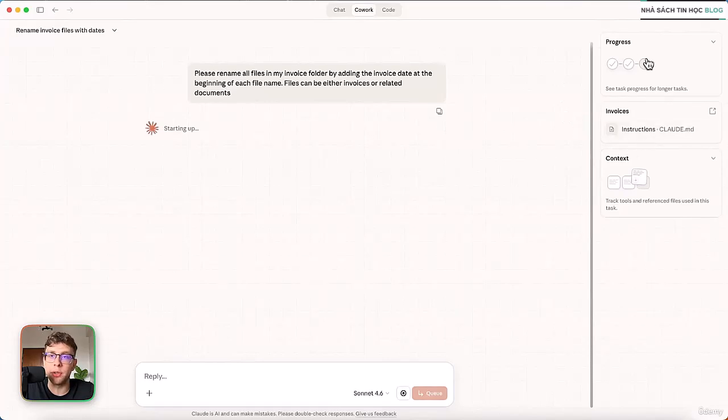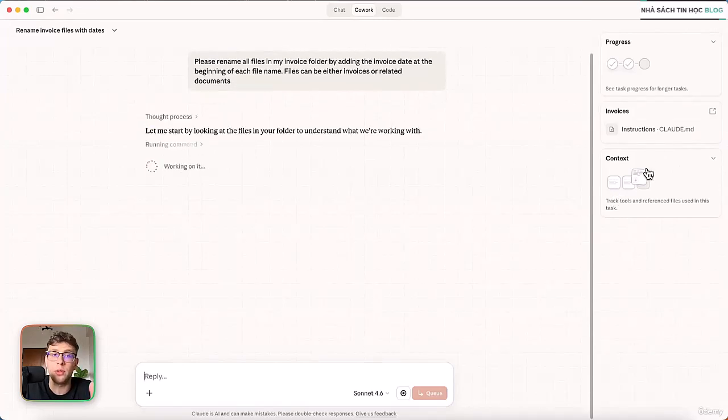And then afterwards, at the right side of the page, we've got three different tabs. The first one is progress. And inside here, Claude is going to format for us the entire plan to perform an action. So we'll have an actual step-by-step process to follow. Then we've got invoices, so the folder we work in, and context. And inside context, there can appear the connectors. We'll talk about them later, but this is actually a way of Claude connecting to applications.